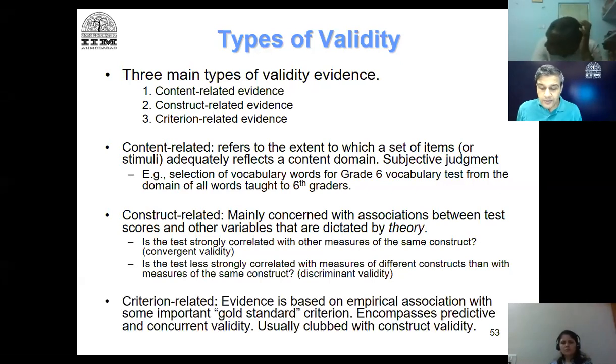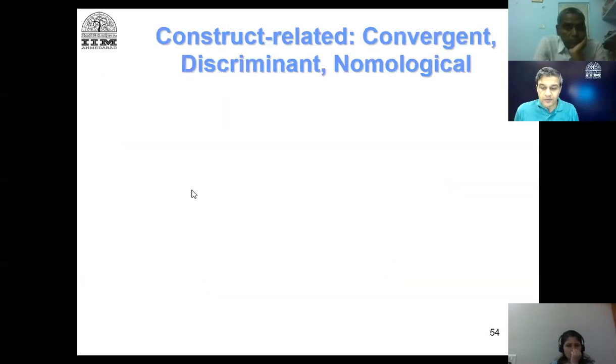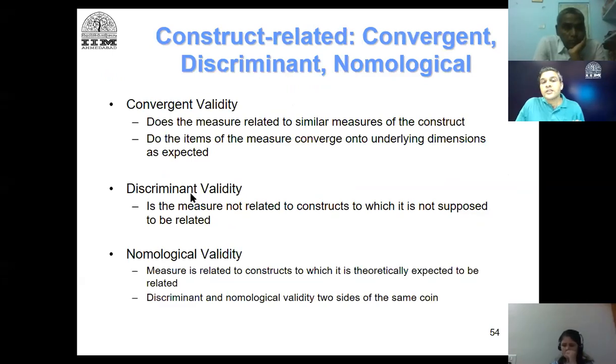And then the last one is criterion. That means the construct leads to some outcome which is related to the construct. I will explain what we are doing. So there are three kinds of validity that we are going to focus on in the topic of confirmatory factor analysis. The first one is called convergent validity. You would have heard these words many times: validity, convergent, discriminant, and nomological validity. This is also there in the first chapter of Madhu Vishwanathan's book, right? Different kinds of validity.